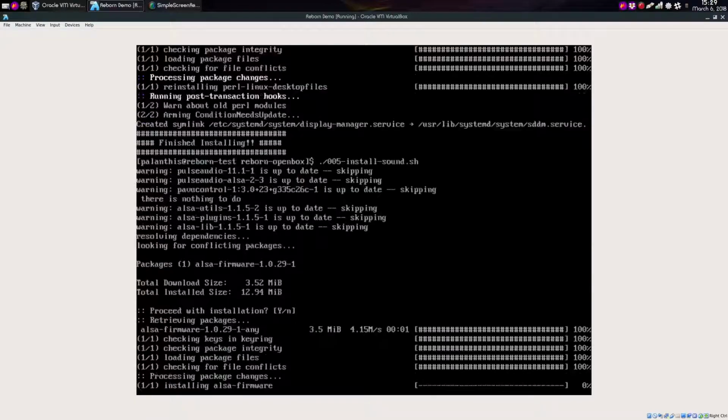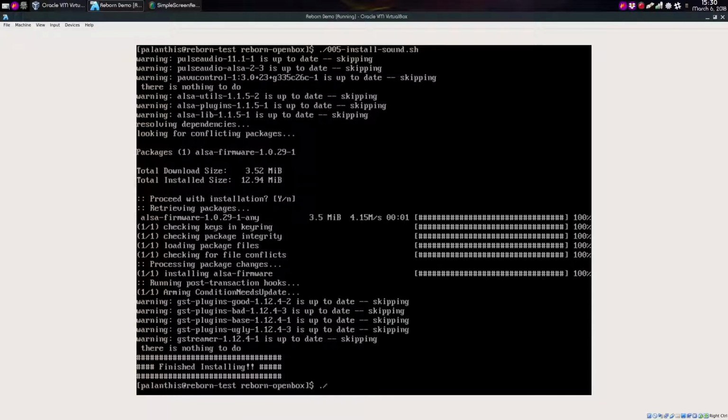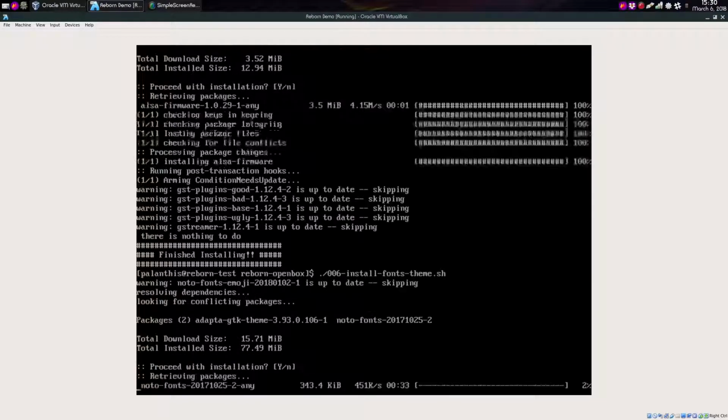Install sound, this one's really quick. Install fonts and themes. You can consider this script optional. I personally like it. It pulls in some of my favorite fonts and themes and icons and whatnot. But if you don't run it, when we get to the optional script at the end that customizes your OpenBox layout so you're not just left with a gray useless screen, fonts and themes will be broken